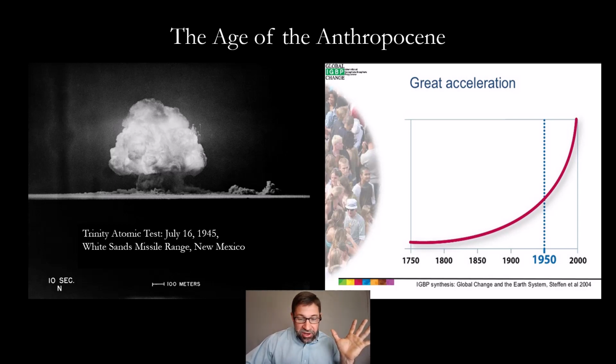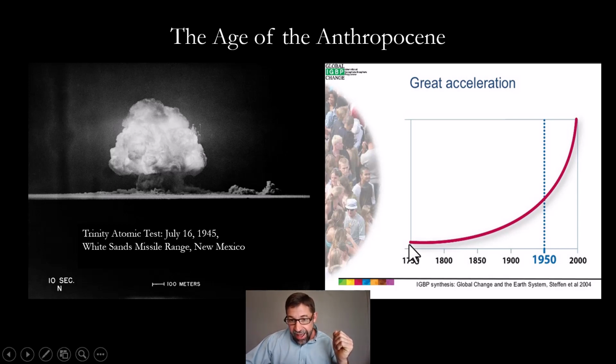So regardless of its official start date, the Anthropocene is characterized by a great acceleration that begins in the early 1950s, following the end of World War II and the great baby boom. So there was this huge demographic increase in humanity, as well as an incredible increase in our consumption rates as we began to live the American dream, the house in the suburbs, a car in every driveway, and a chicken in every pot.